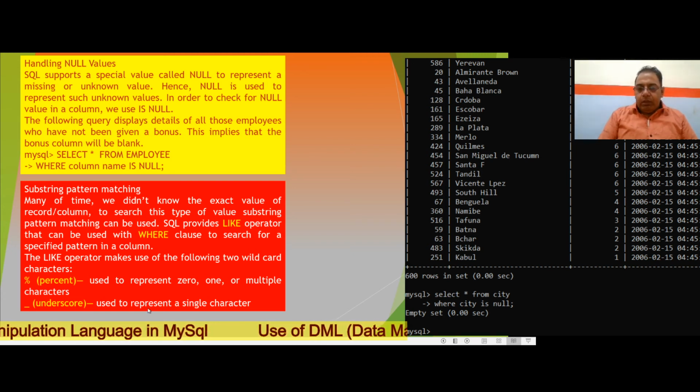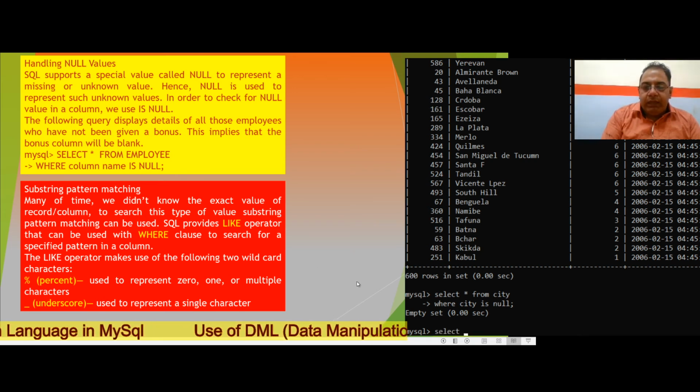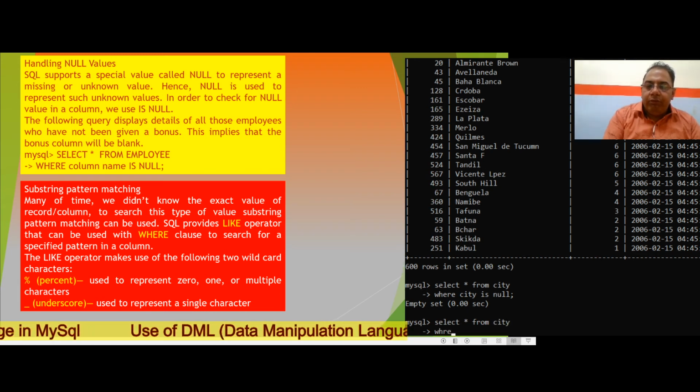Here, in the example, I want to select star from city where city like 'A%'.